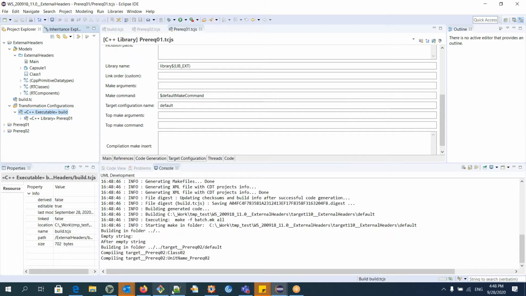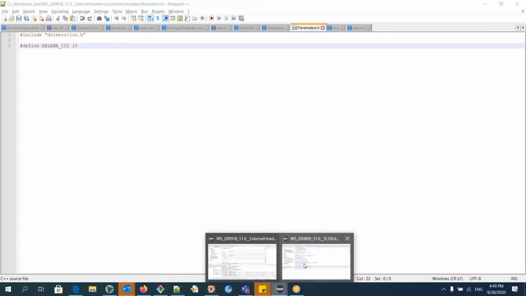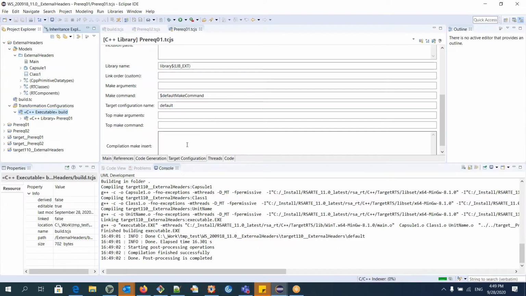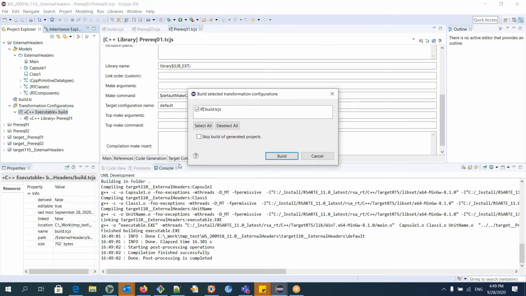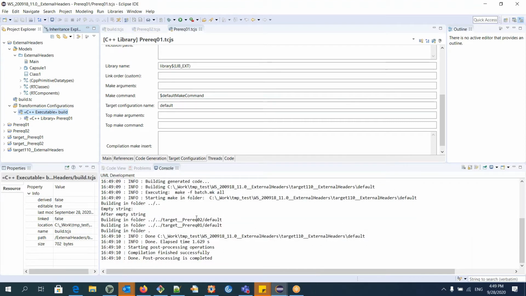So if I now go and change this parameters.h, which I have opened here, and I have saved it, and now if you run build again, then nothing will happen, because by default you do not have dependencies, so your makefile doesn't know the dependencies